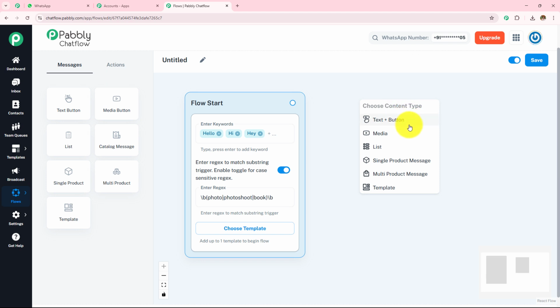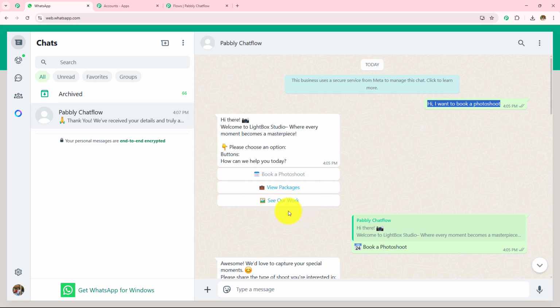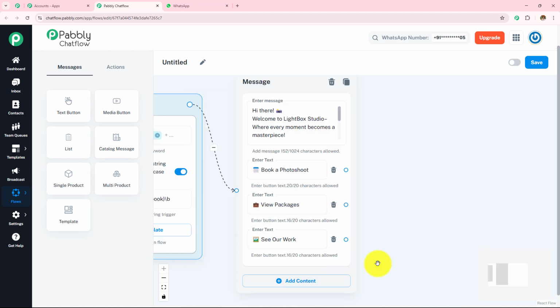Now here I have already explained all of these content types to you, and for now I'm going to select this as text plus button because I will be adding the message and then I'm going to add these buttons. So let me quickly add the message. So now here I have entered the message like,